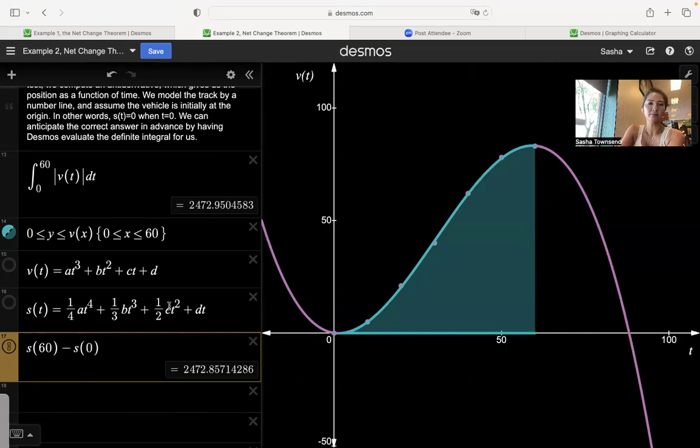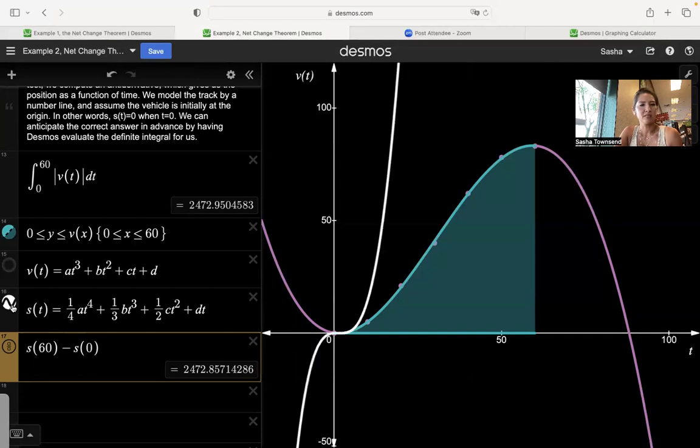Then you bring the c down, and then you've got a t to the first, so you add 1 to the exponent, get t squared, divide by the new exponent, so you have 1/2. And the antiderivative of d with respect to t is d times t. That looks like a differential. It's not. It's just a constant times t. So this is your position function up to an arbitrary constant. And then your change in position is s evaluated at 60 minus s evaluated at 0. So the displacement is